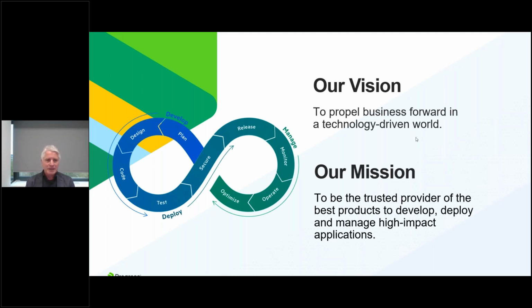Starting with our vision and mission. Our vision is really to propel business forward in the technology-driven world. So what we really like to do is to make our customers more agile in taking advantage of new technologies without really having to completely re-architect or redevelop their data platforms and applications. And we do so by being really the best provider of the best products to develop, deploy, and manage high impact